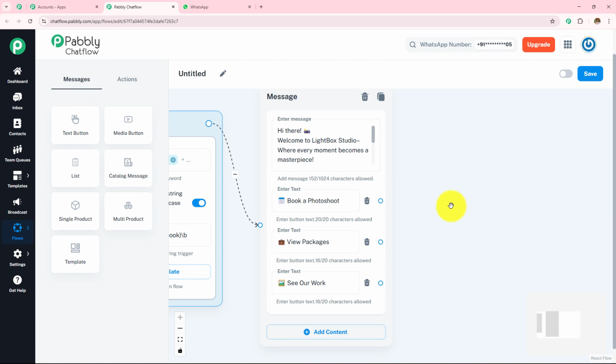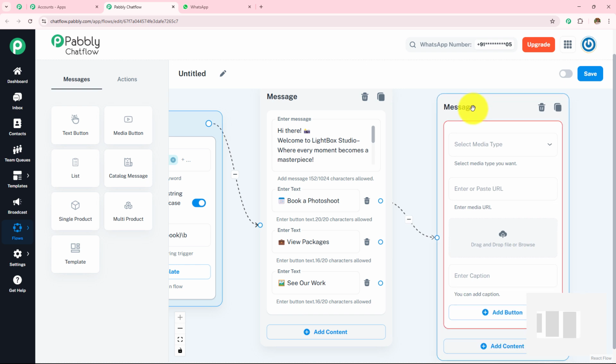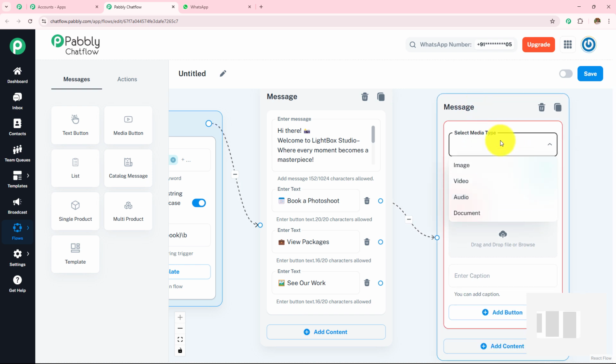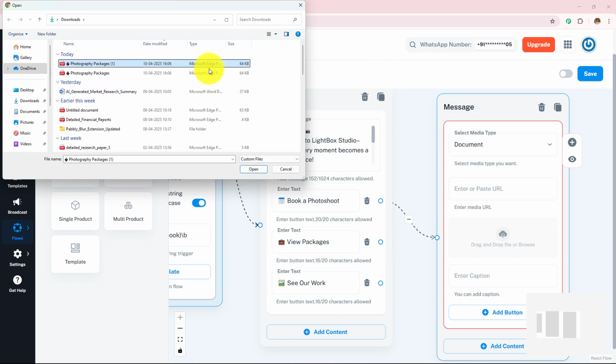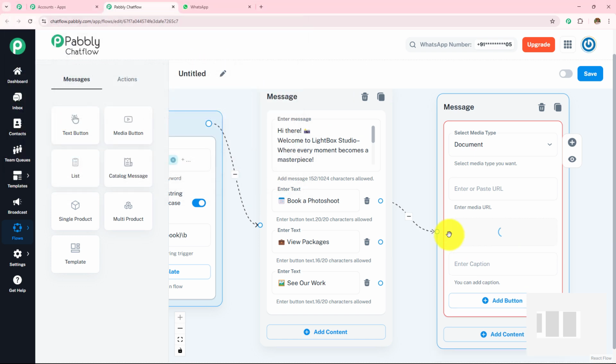For that, I have to upload that PDF. And to upload that PDF, I have to select the media button, which means in my content type, I have to select media. So in this choose content type, I am going to select media and then upload that PDF. In my media type, I am going to select document and then I am going to upload that media, which is the PDF.